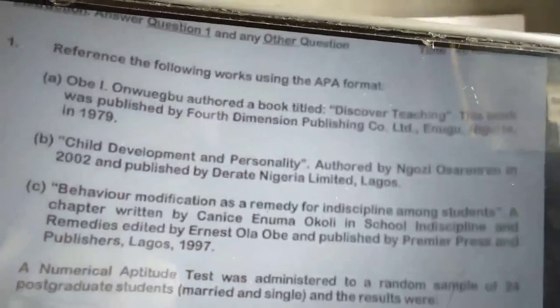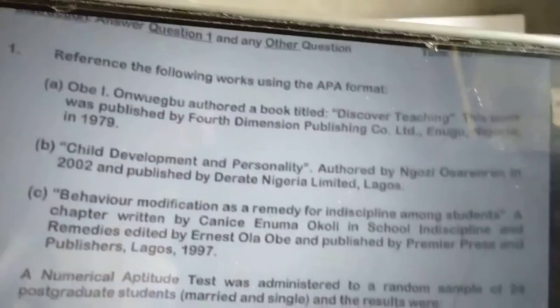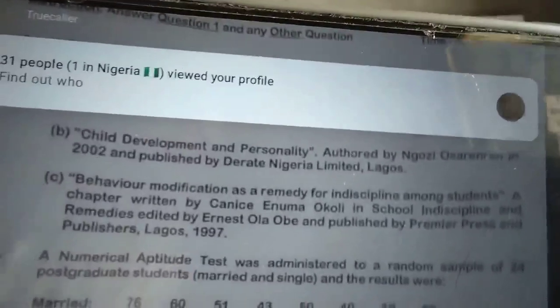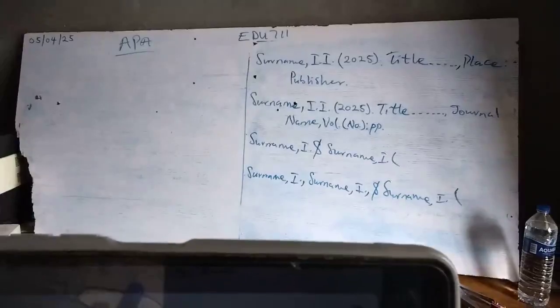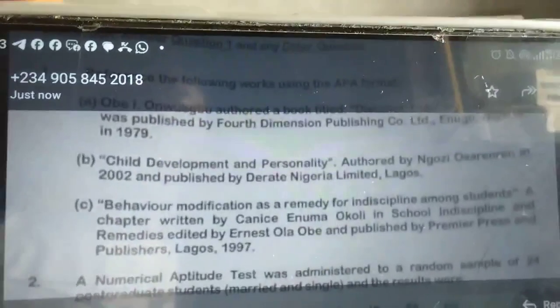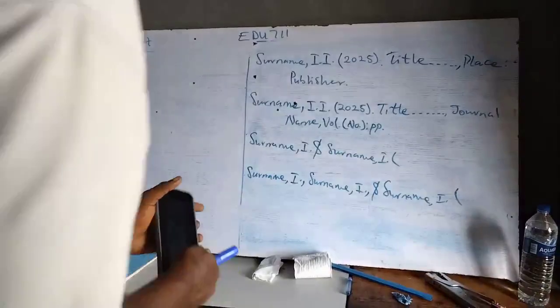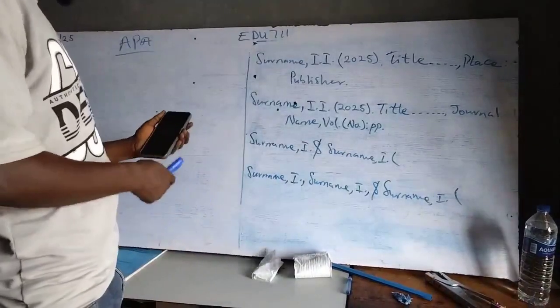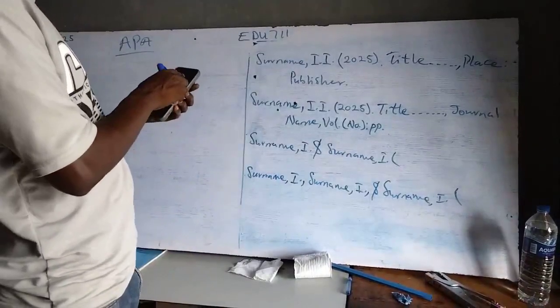So the first question is: between Onwegbu, Obi and I, which is the surname? Is it Obe? Is it Onwegbu? And the answer to that is not far-fetched. The surname is Onwegbu,